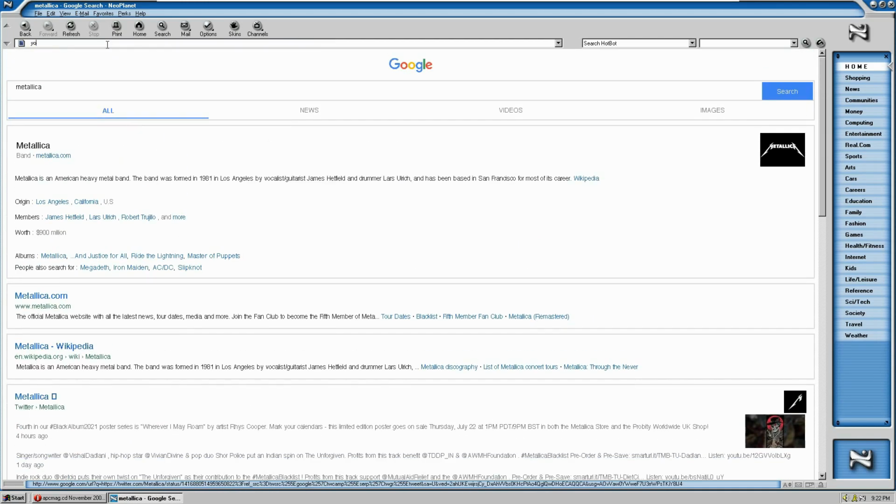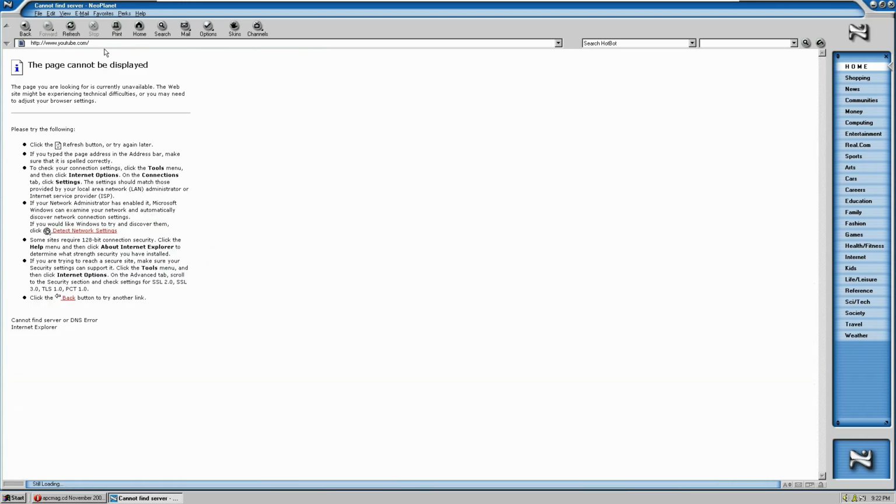Will it YouTube? It definitely will not. Maybe I have to change this to S though. It's not secure. Nah, doesn't matter. That's a site that will not load.